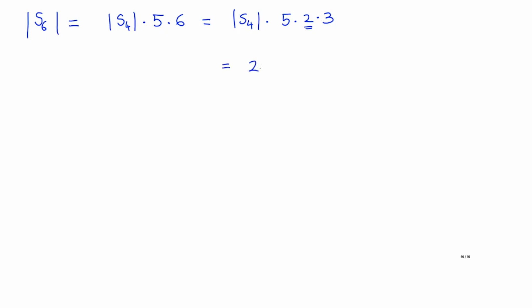Let's look at the group S6. How does this behave? Well, what do I have? The cardinality now is the cardinality of S4, which is 4 factorial, into 5 into 6. So in other words, the 6, remember, is a 2 into 3. Okay, so I have the cardinality of S4, but then I have now increased my power of 2 by 1. So if I write this out fully, this is 2 power 4, 3 squared, 5 power 1.